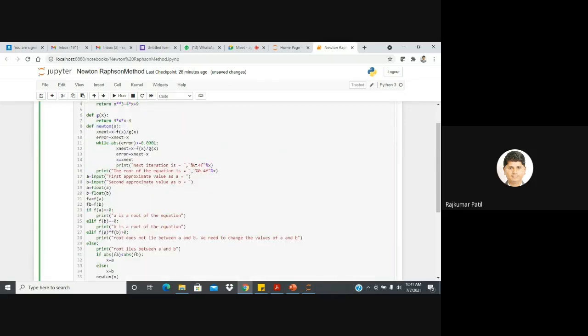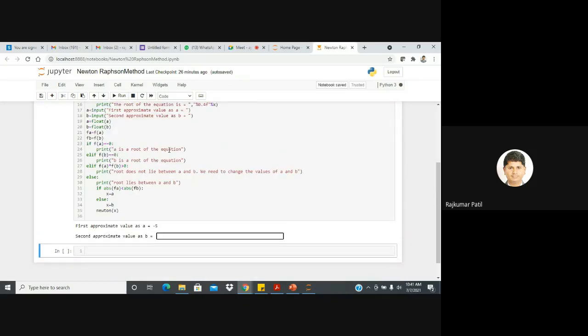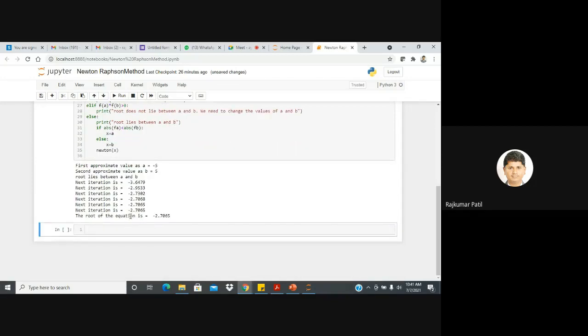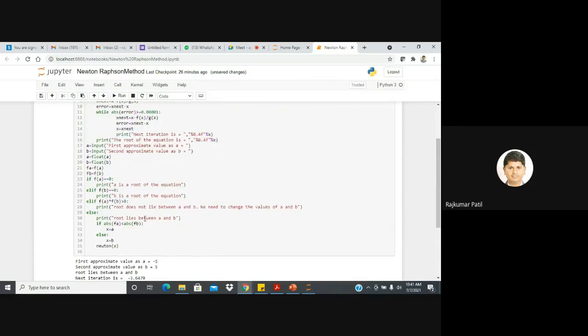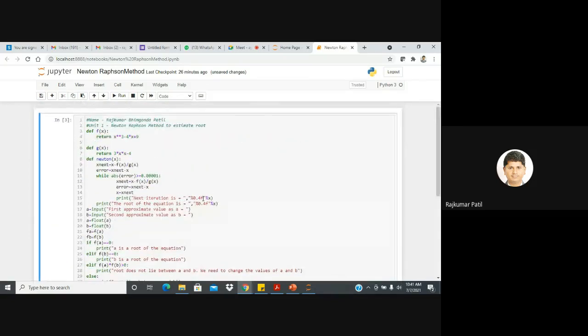Again, what you can do, you can change the value of error. Again we will run the program, -5 to 5, and you can see the change. But it is giving the answer up to 4 decimal points, but here we are putting the error value as 0.00001. So we'll change here to 0.5.